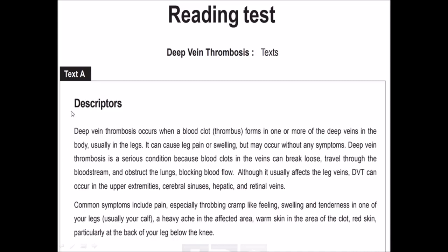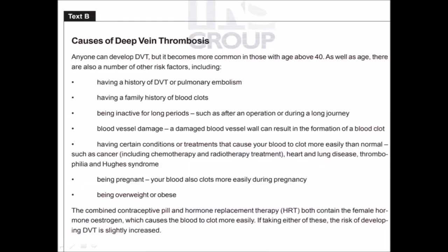So this is text A. There will be a brief description about the topic you are going to discuss in these 4 topics. Like this is the deep vein thrombosis, and there is a brief description. Okay, this is text B, causes of the deep vein thrombosis. They can ask you in which paragraph you read about the causes of deep vein thrombosis,